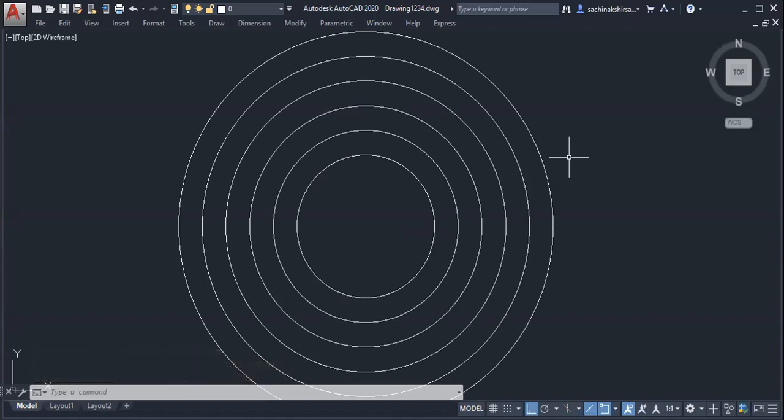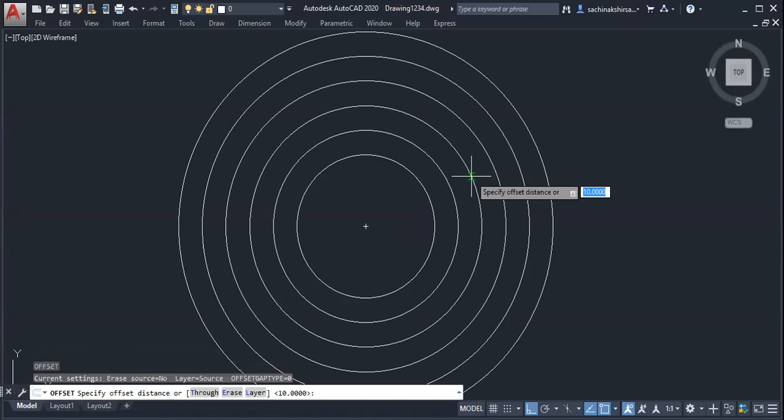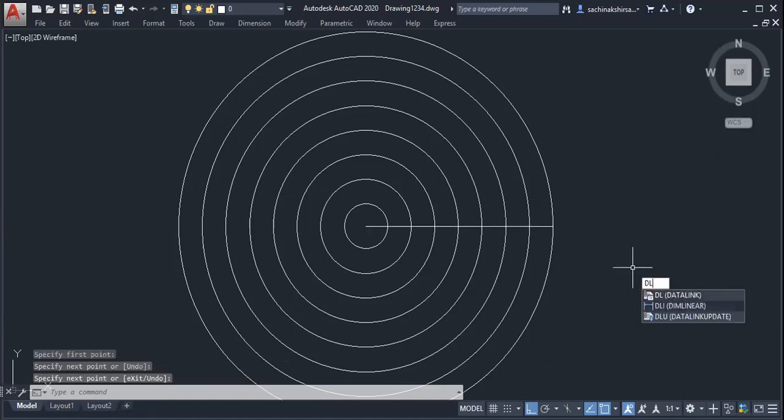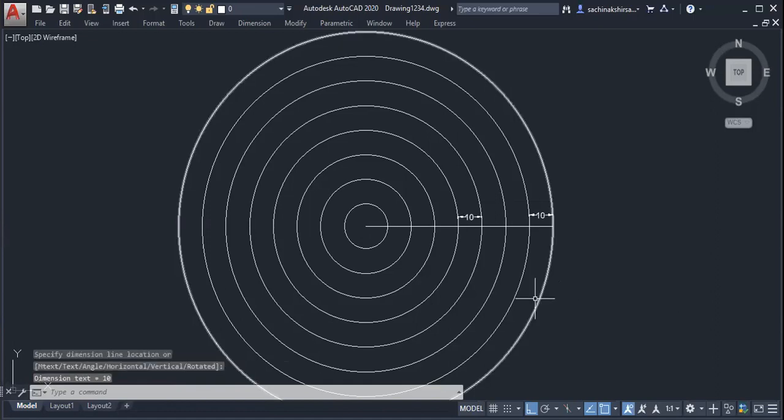Even you can draw circles inside also. Likewise, something like this. What are you observing on the screen? Are you observing a number of circles? Whatever, what will be the distance between all these circles? I have given one dimension. How much is it? 10. Anything you can check, it will be 10 only.